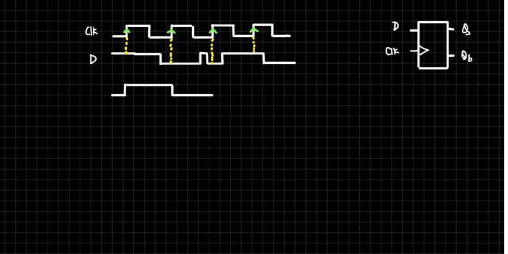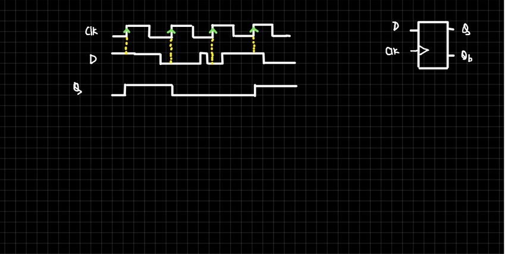Here also it will be 0. Then here it's 1, and it will retain that. This is what we expect as output. So out or Q, and Q bar will be simply the opposite of this. So this is what we expect, and this is what we need to model using